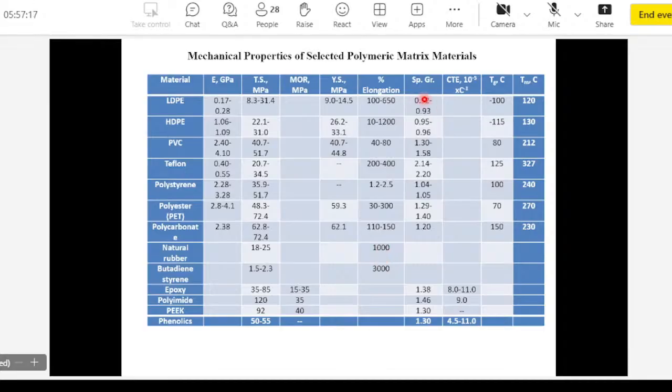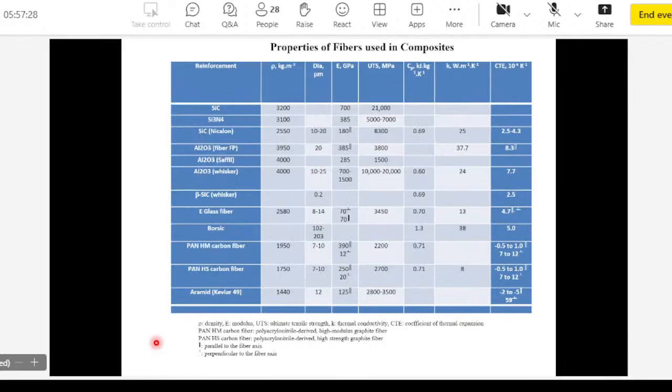And another advantage of polymers is their low specific gravity. They're very lightweight materials. So for low temperature applications, lightweight applications, one might want to use polymer matrix. These are some data on fibers that are used in polymer composites. Different types of commercial fibers: silicon carbide, aluminum oxide, carbon fibers, high modulus fiber, high strength fiber, and then Kevlar